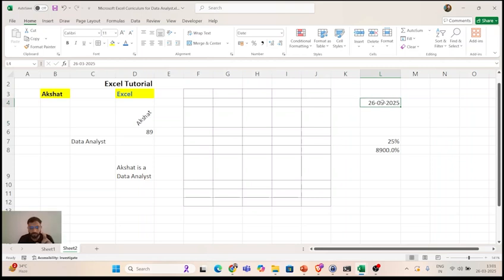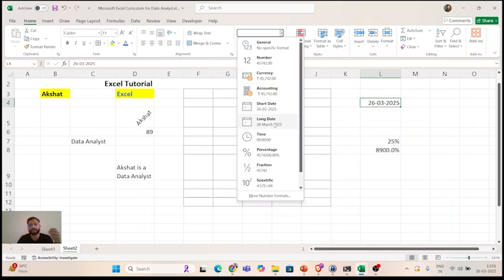So see, when I come to this column, it is already identifying it as date. When I come to this column, it is percentage, right? When I come to this cell, please do not worry about my lingo, but I hope you understand that this is a cell, correct? So this is general and this is general, right? So this is date. But if I want to see it this way, it's absolutely fine.